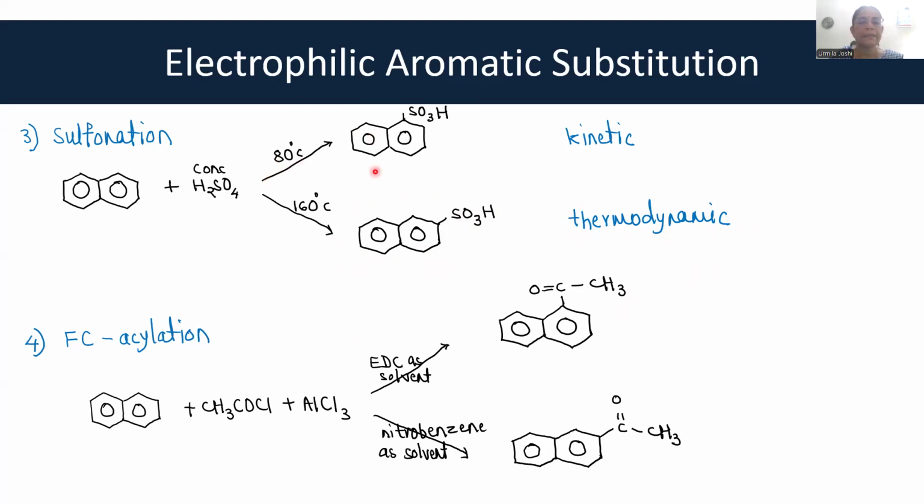At 80 degrees, why doesn't naphthalene 2-sulfonic acid form? That is because there is not sufficient energy available to form it. But at 160 degrees, that can happen. So, naphthalene 1-sulfonic acid is called the kinetic product, whereas naphthalene 2-sulfonic acid is called the thermodynamic